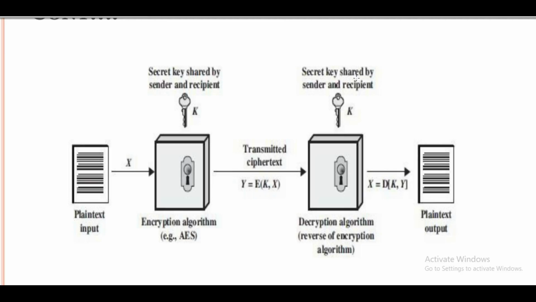So the basic concept is that when we transfer any message, we put one particular key, and that key is a secret key. The sender has a secret key, the receiver has the same key, and they apply that key and then they can